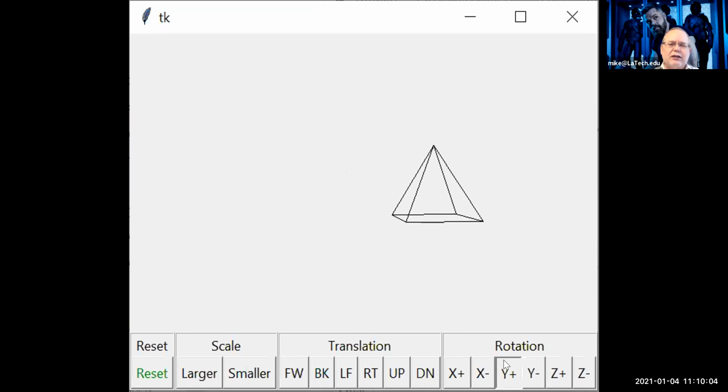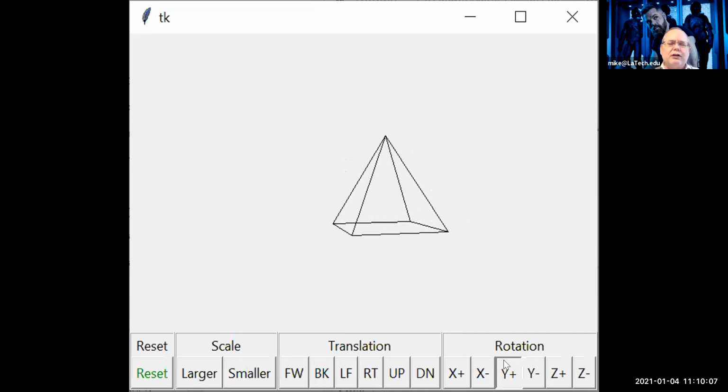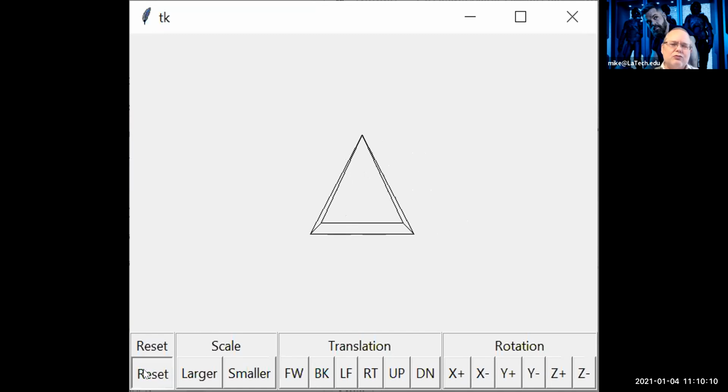And so this is the way everything's supposed to work in assignment 1, but what we want for assignment 2 is I want this guy to, I'll make him a little bigger, we'll zoom in a little closer, I want this guy to rotate in place, okay? So I want him to rotate about his own center point. Now I've moved him closer, so when I rotate around Y now,